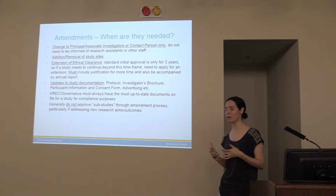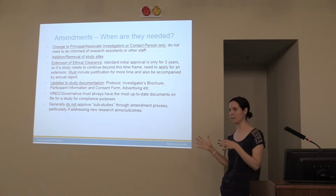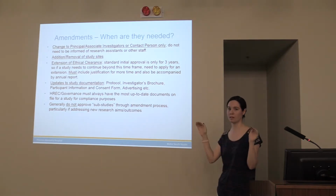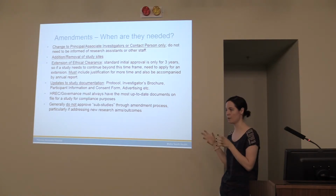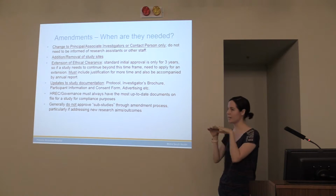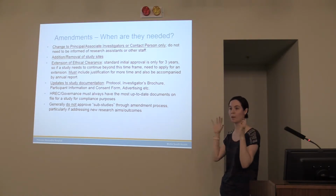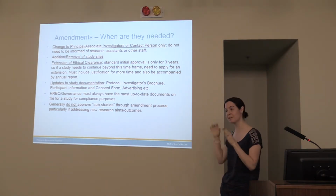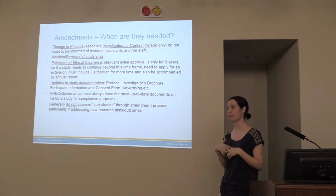So we've had a few come through lately where they've got an ongoing study that might have been existing for a year, a couple of years, and as the study's gone on, we've had some where an honours student, perhaps an honours student of one of the principal investigators, wants to do their own honours project, looking at a similar population to what the study is currently doing, or maybe a similar disease state or whatever it is, something similar to the main study, and they go, hey, can I just add mine, rather than going through the whole ethics approval process, it's quicker to do it as an amendment, can I just add myself into your study? So it comes through to us and we pass it on, and our chair looks at it,